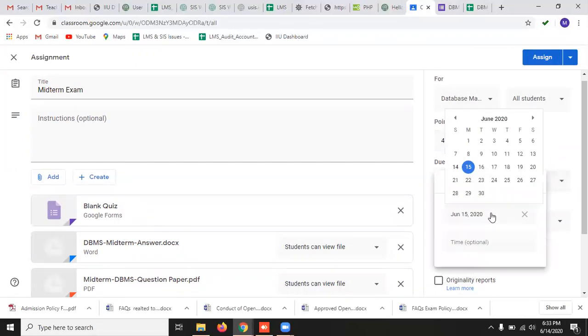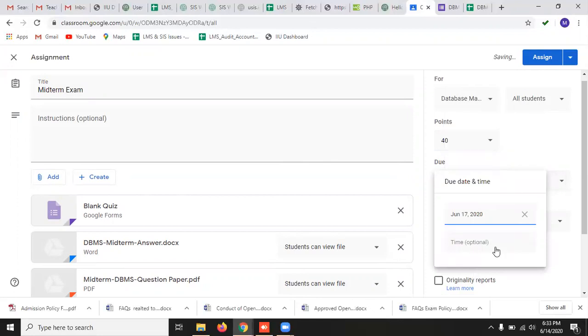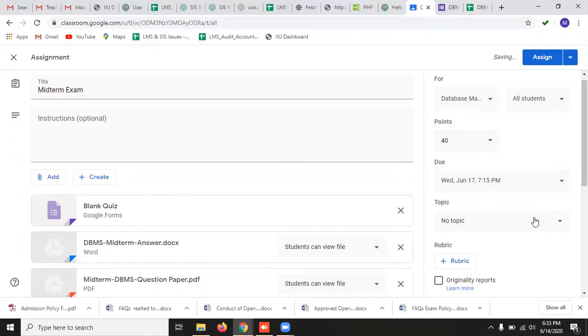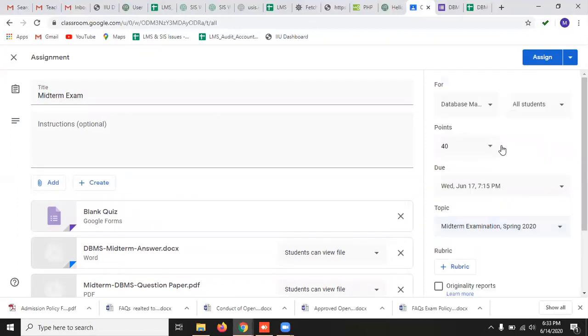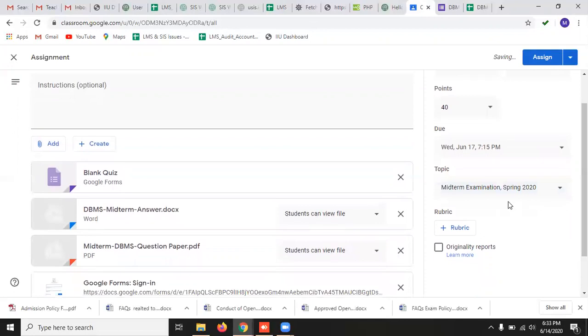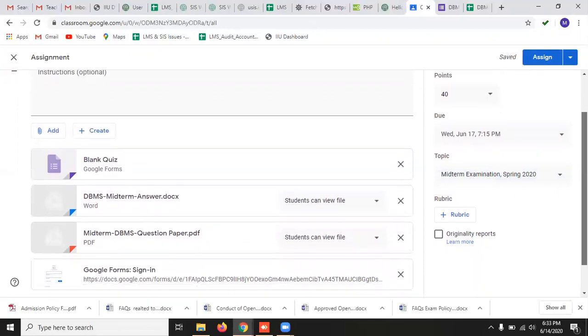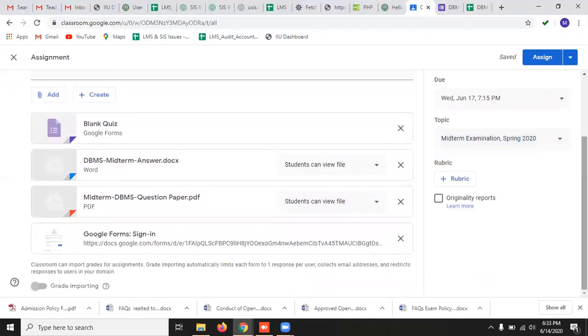The due date I have set as Wednesday and the time was 7:15 p.m. The topic is midterm examination. I have set no rubric here as the rubric tutorial has also been uploaded in the assignment section. You can set the rubric by seeing that tutorial.